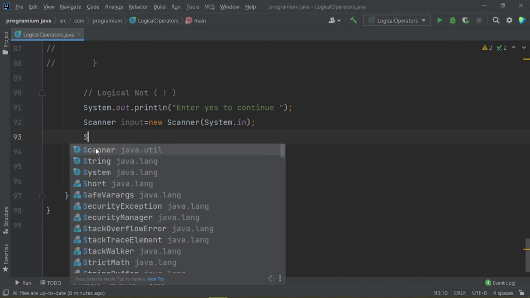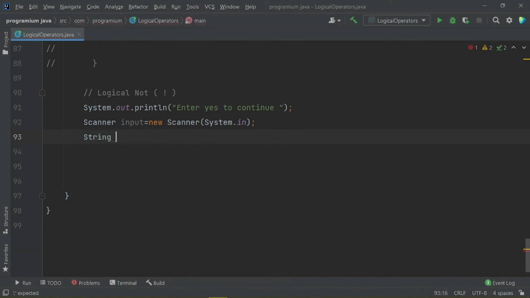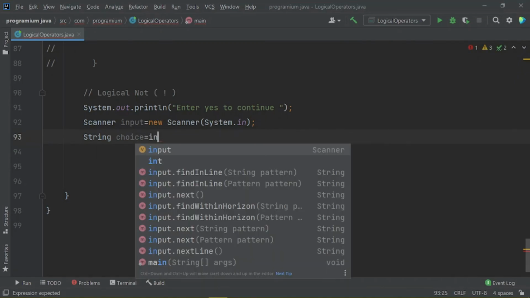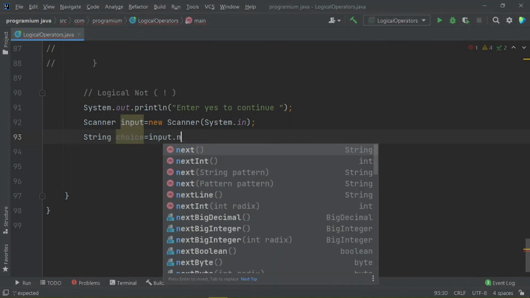Now we are going to create a string variable here, let me name it choice is equals to input dot next.